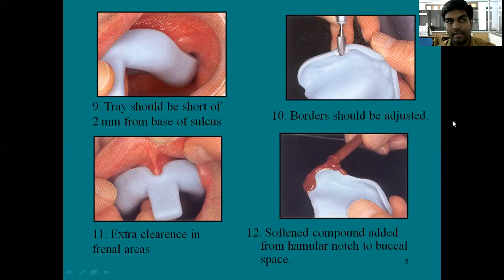Type 1 is available in cake and stick forms, and for border molding we use the impression compound in stick form. Type 2 impression compound is called tray compound, which is not used in border molding procedures. In border molding procedures, you have to keep in mind, guys, that you have to use type 1 impression compound material, which is available in sticks.